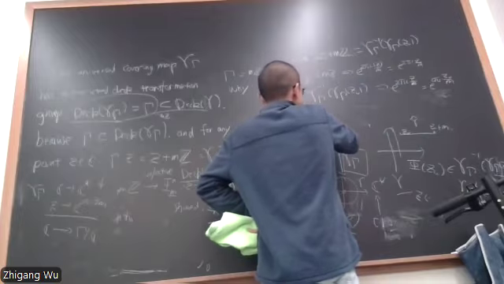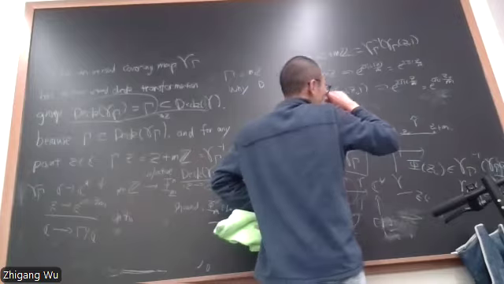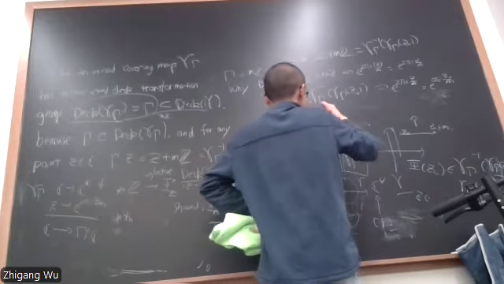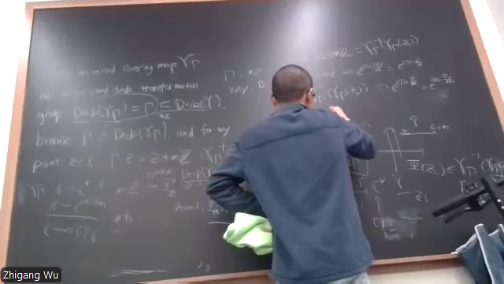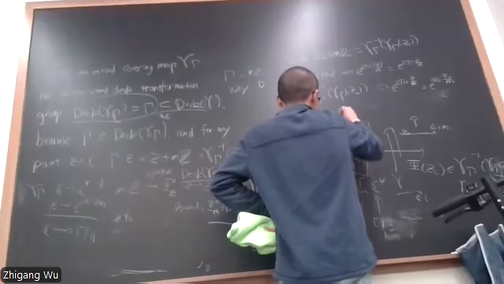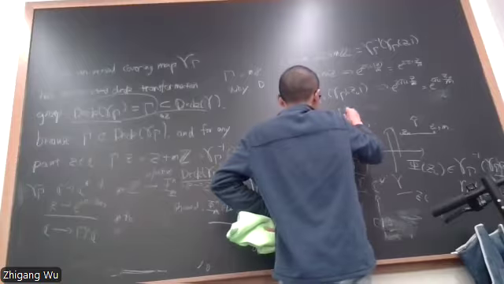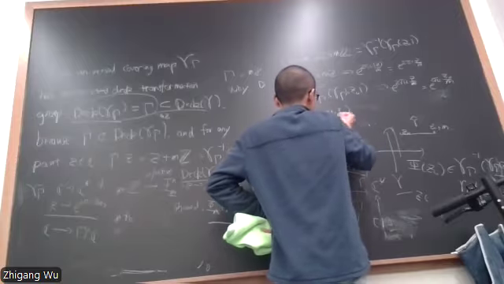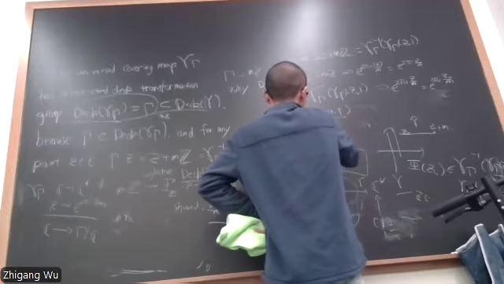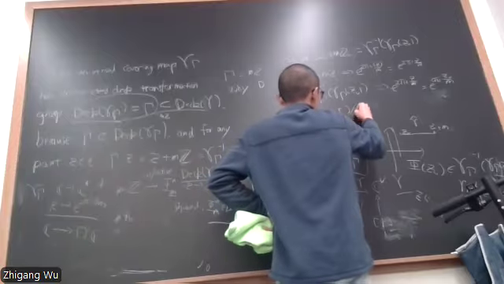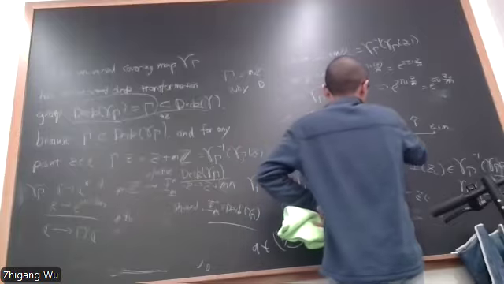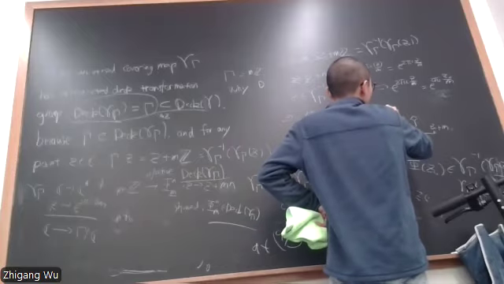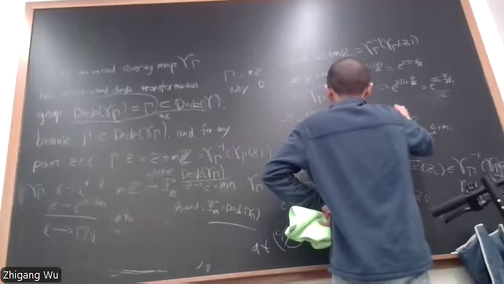Let's suppose that c is equal to x plus iy, right? So e to the 2 pi i (x plus iy) over m is equal to e to the 2 pi i